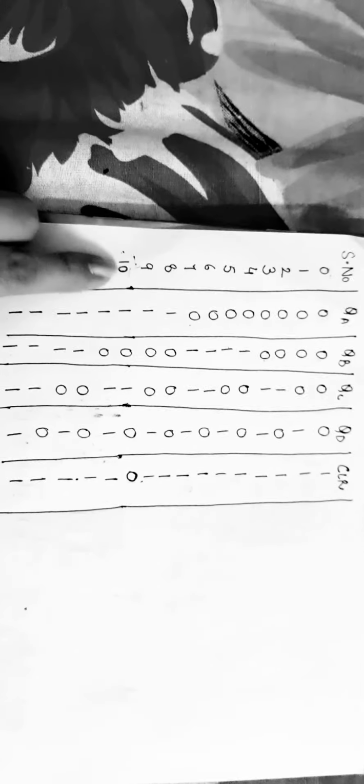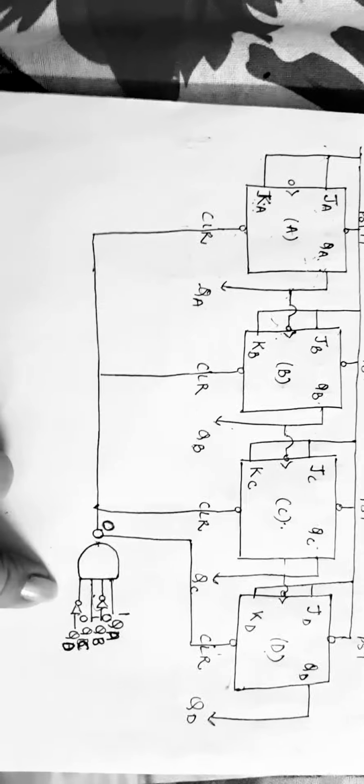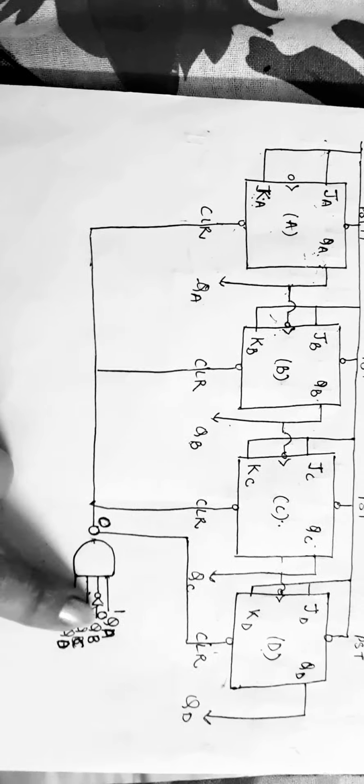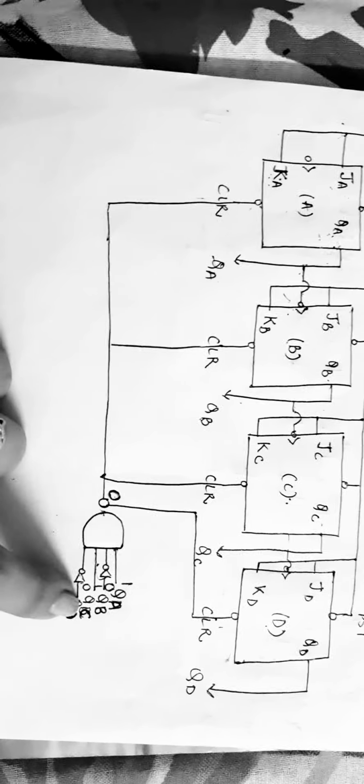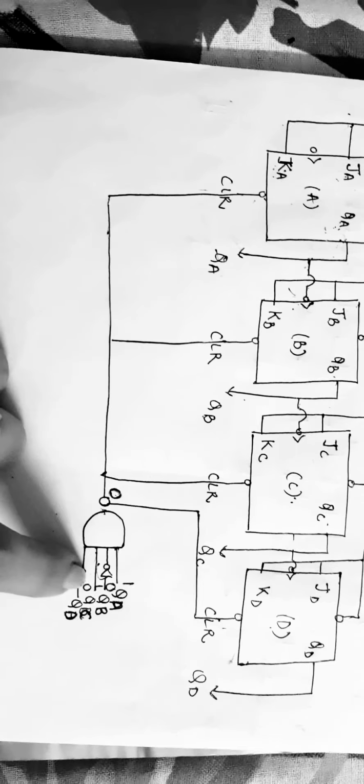Now here it will count till 9, because we are drawing the BCD ripple counter. As soon as the 10th binary equivalent, that is 1010, appears, it will clear the pin. So it gets cleared at the 10th count, where the binary equivalent of 10 is 1010. So what we have done is apply a NAND gate having the inputs QA, QB, QC and QD for 1010.